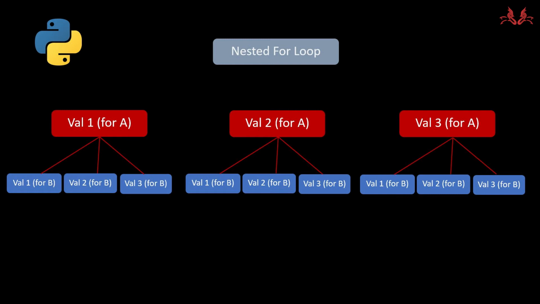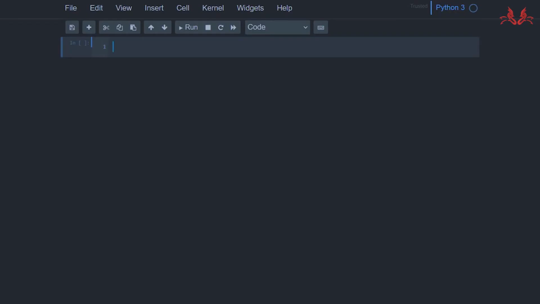Let's demonstrate it. At first, for example, we set a for i in range 1 to 10, and we set another for loop inside, for j in range 1 to 10, and result equals i multiplied by j, and we print